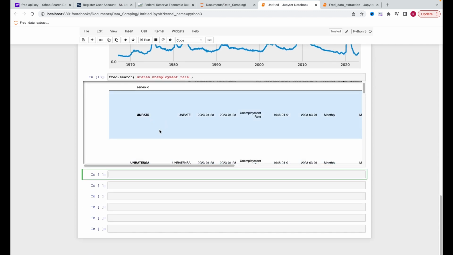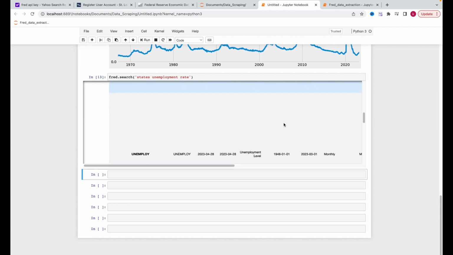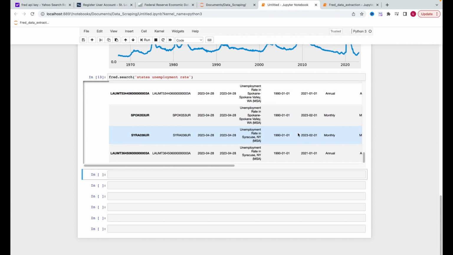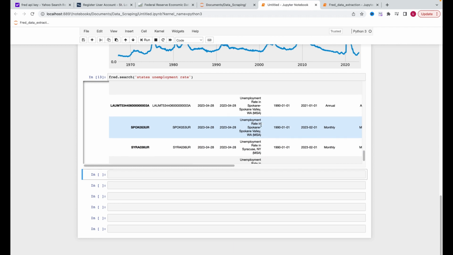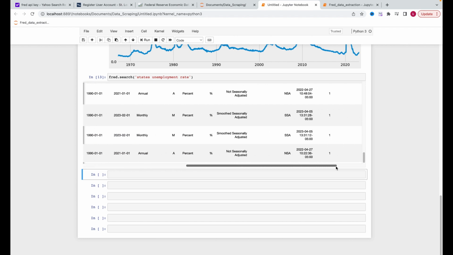So again, I have this unemployment rate that I got earlier here with the series ID UNRATE. Let's see if we have statewide data here. Not yet. We may have some state data hidden there. I do have an unemployment rate here in Syracuse. So Syracuse is not a state, it's just a city in New York. Unemployment rate in Spokane Valley, Virginia, and again, this is not really quite what I want, right? I want to focus more on something like